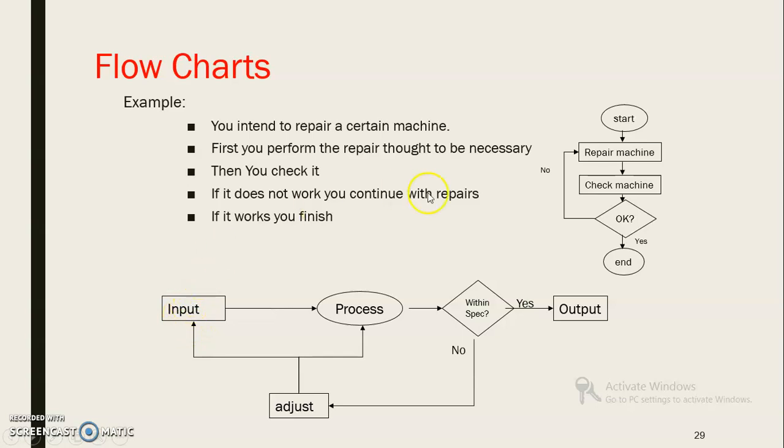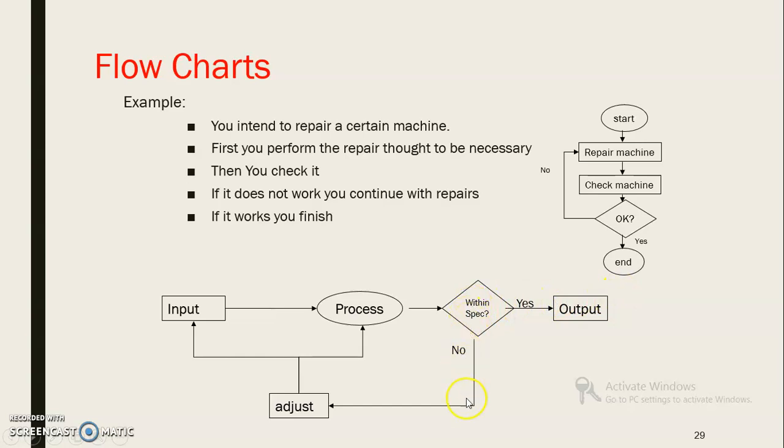So after the symbols here there is one procedure, that was explained earlier. Input we have to convert into output, so it is going through a procedure. So this is the particular procedure. It may be, suppose, product: the product is output, and for that we need input as a raw material. So raw material after processing gets converted into output, and it is a product. But whether it is as per specification, if it is yes, then that is the final product.